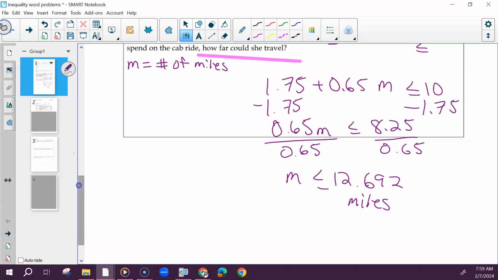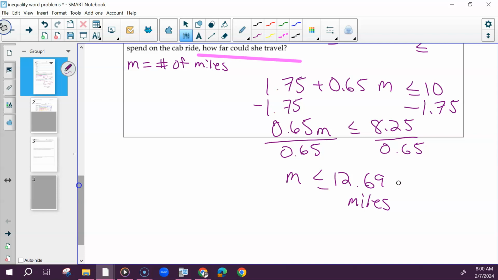So like if we had gotten decimals for weeks, weeks could be decimals. There could be like half a week, a quarter of a week, but that one is really whole numbers. But for this, could miles be decimals? Yes. But in this case, we want this to be exact, so you can either leave it like this or